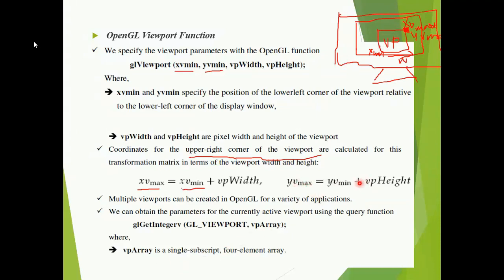So that is how you calculate the position of the upper right corner of the viewport.